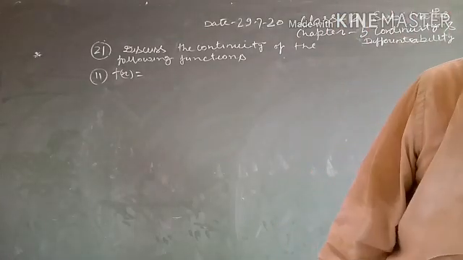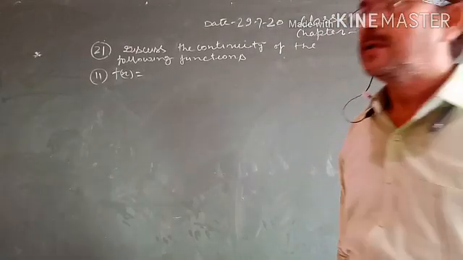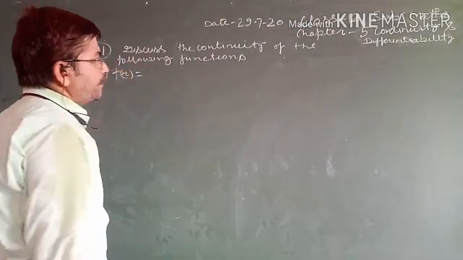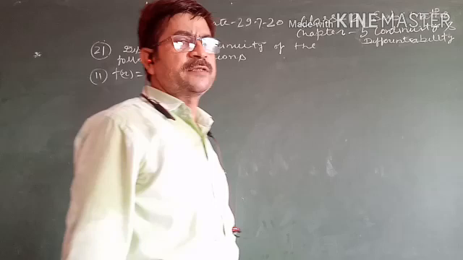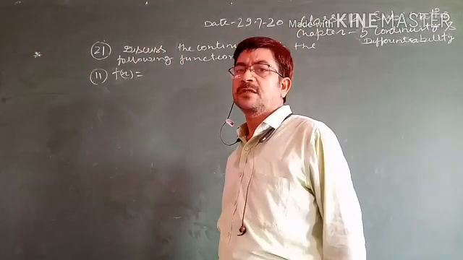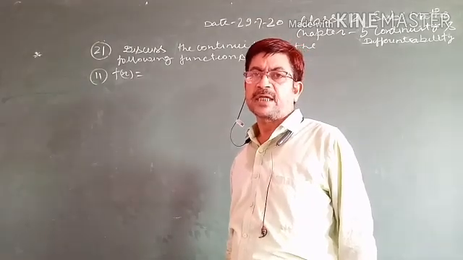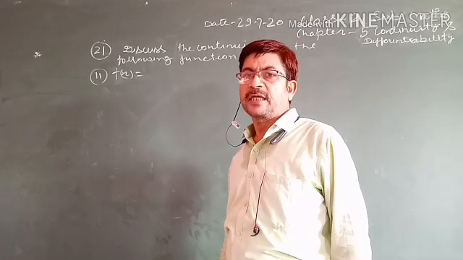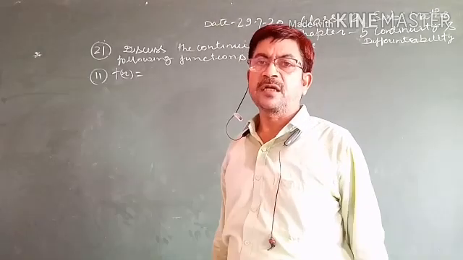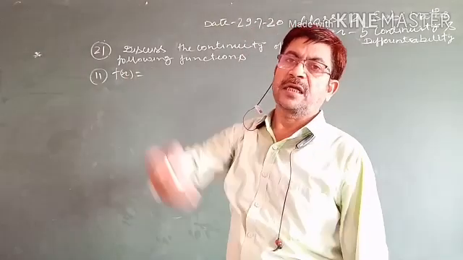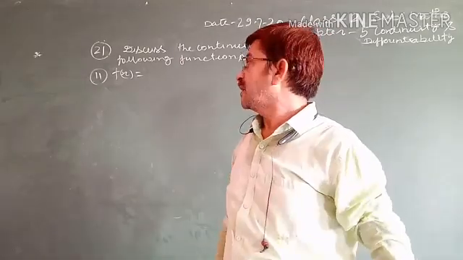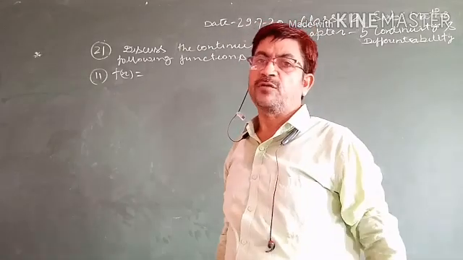Its second part is f(x) equal to sin x minus cos x. Similarly, we can prove it as with the previous method. First, reduce it into one function, sin or cos. Then we shall find the limit value of the function and the value of the function and justify these are equal. Then we will say it is a continuous function.